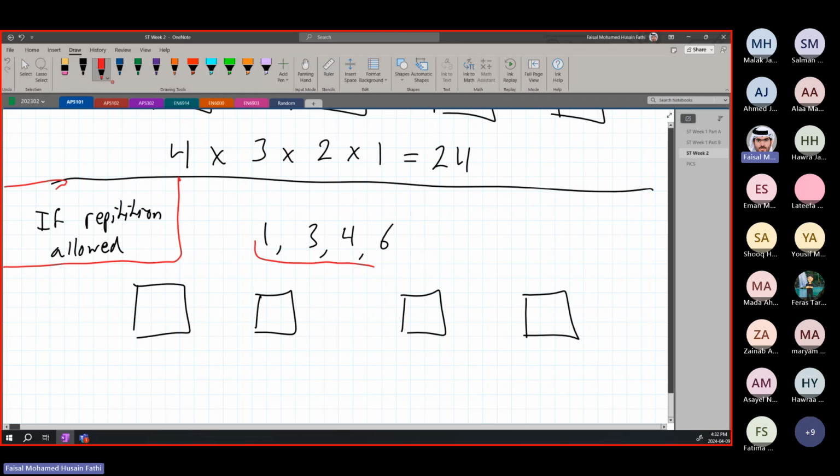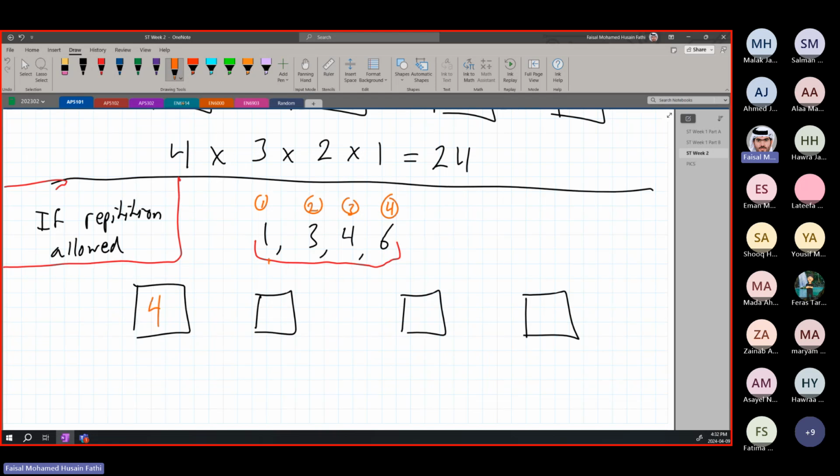So again, the same 4 numbers, we're going to choose from them. We have 1, 2, 3, 4. How many numbers can we choose from? We can choose from 4 numbers. Okay, the first one is easy. Because we can have repetition, we do not cancel this anymore. It will stay. Why? Because you can choose the 6 4 times if you want to. For example, we can have a code that is 6, 6, 6, 6, because we are allowing for repetition. Or we can have it to be 6, 6, 6, 4. It's fine if it has repetition. So we can choose from any of the 4 numbers every single time.